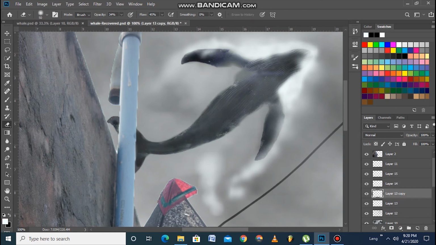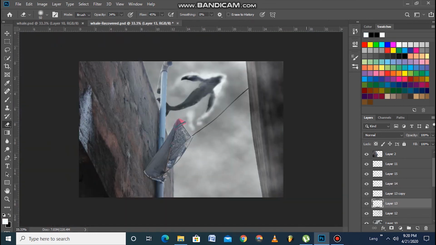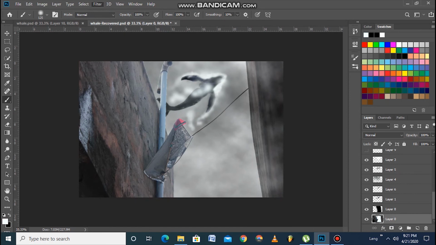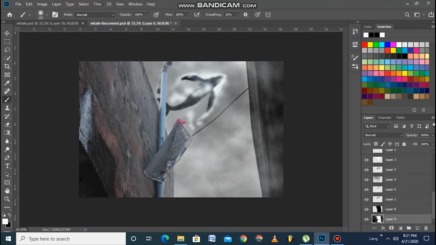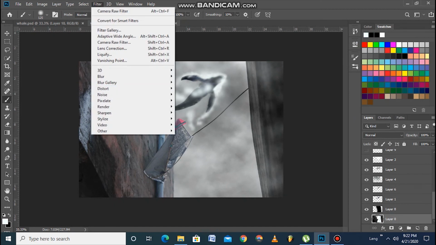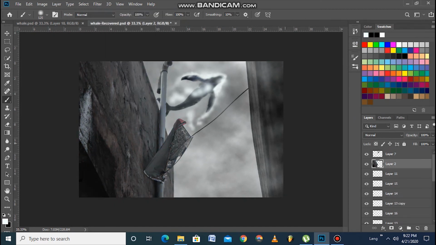I go to the camera raw and make a few major adjustments which will make the overall picture look as if it was taken like a simple picture. This is the final result. You can make swift adjustments by going to the opacities and making further adjustments as per your convenience. You use the eraser tool to erase anything that you want. You can also adjust the opacity of the eraser, and finally you will get something like this.